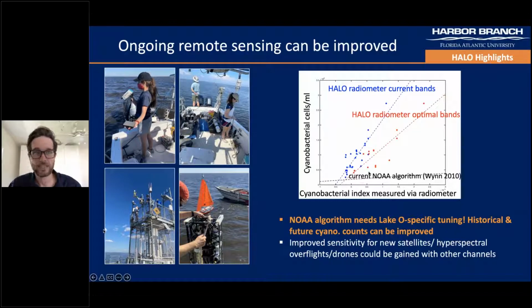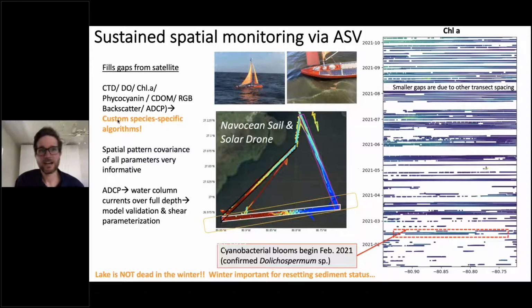And so Tim Moore in our group is working on reconfiguring this algorithm to better fit. The whole cause of this is because it's such a turbid lake, you can see how brown the water is. The satellites, it's really like working on a whole other planet, almost literally. So to fill in the gaps of the satellites, because you're only getting a usable image, on average, I'd say probably every 2 days or so,